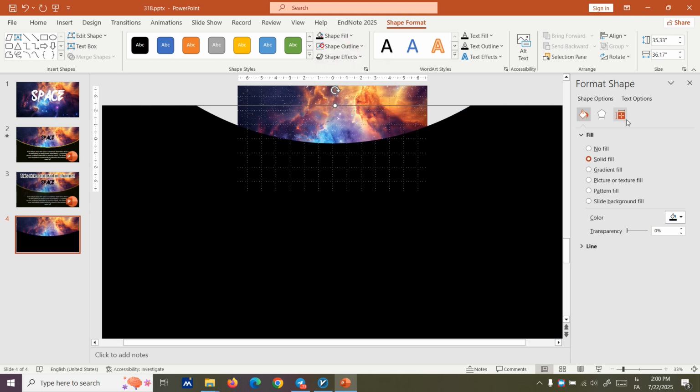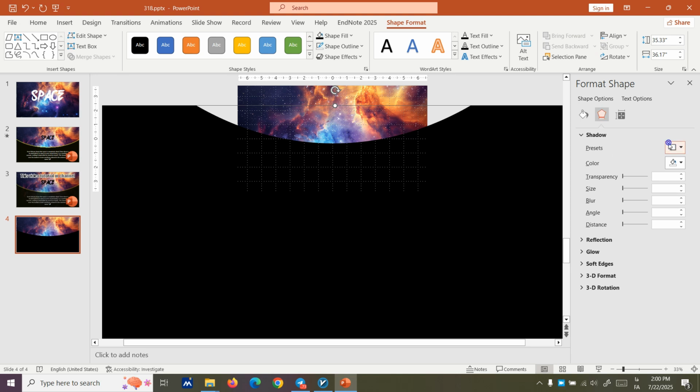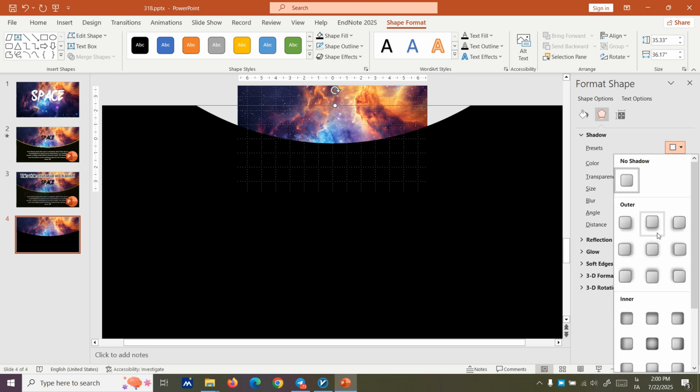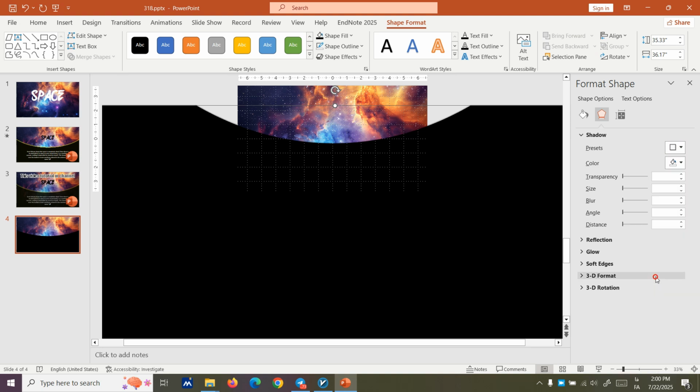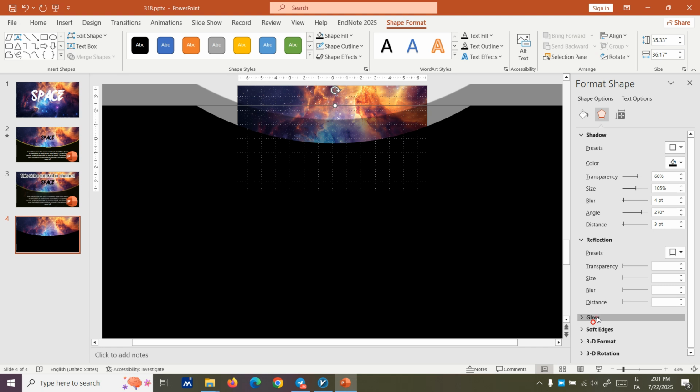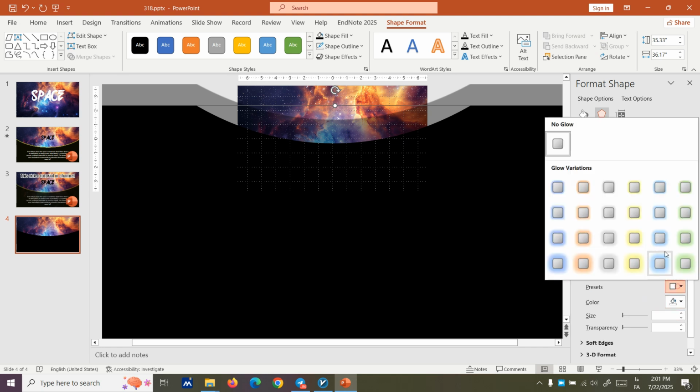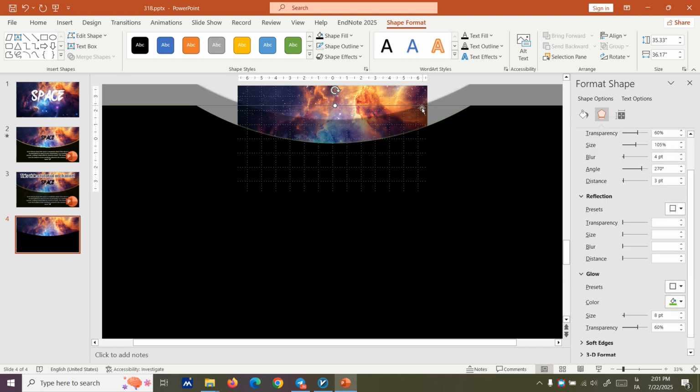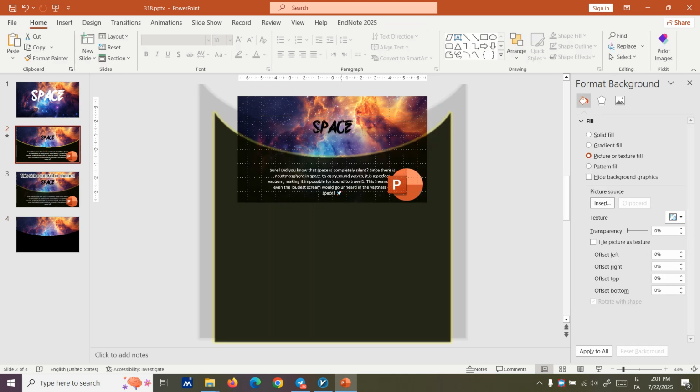all black, and then we need to do some modification. We need to give it some upper shadows, top, and then we need to increase the size of the shadow to be visible. Okay, it's good. Let's go with here, it's good. And then we also want to give it some glow. It's good. Now we copy the text,